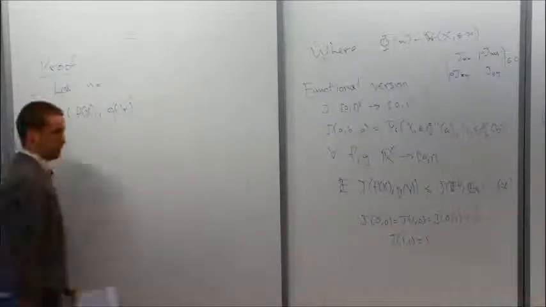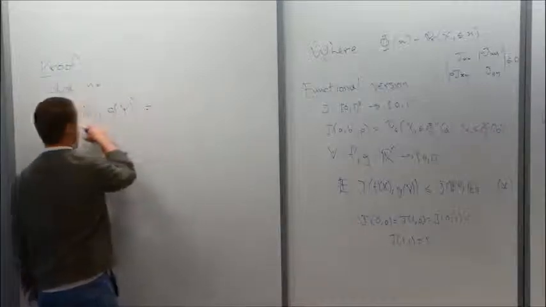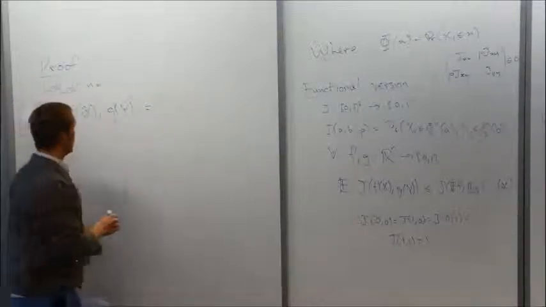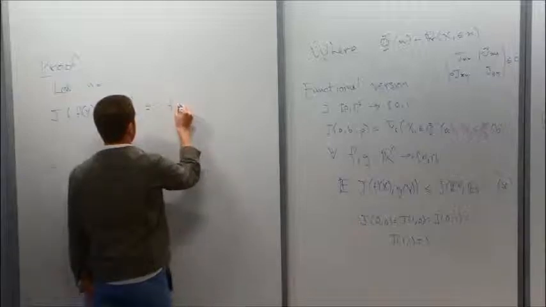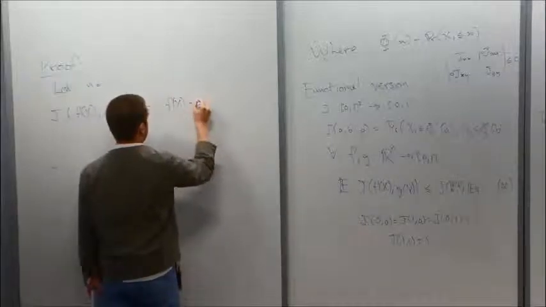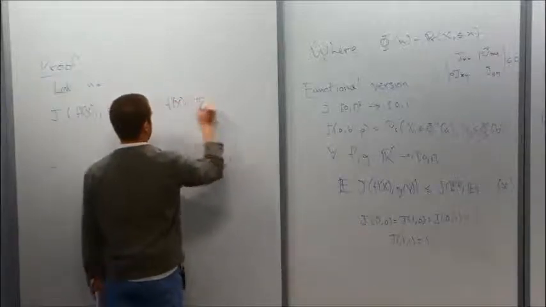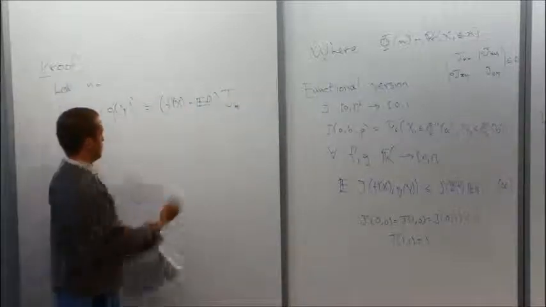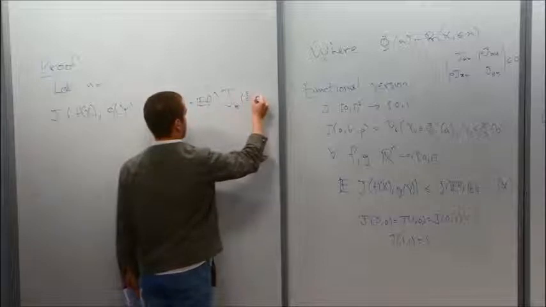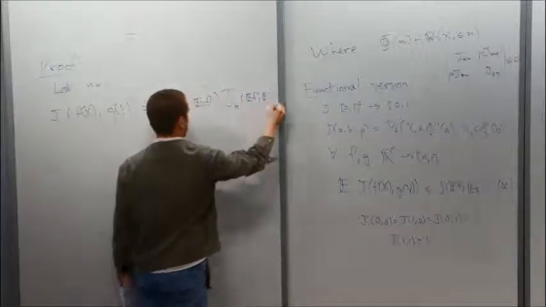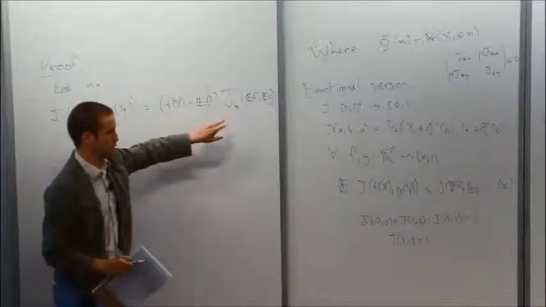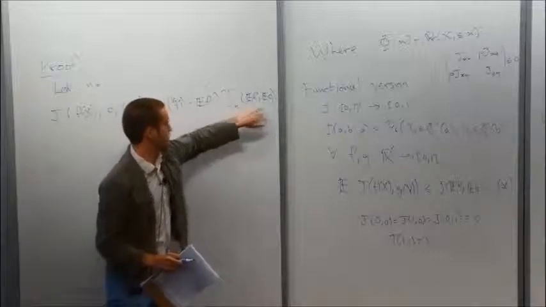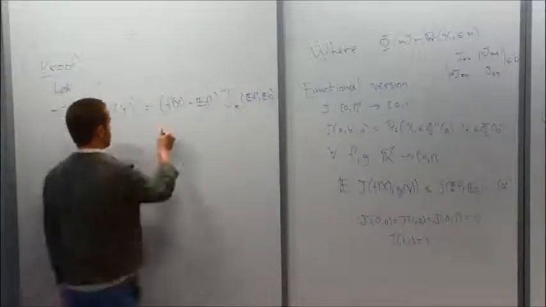I'm going to Taylor expand it around the expectation of f and the expectation of g. So there's a first order term. It's the difference in the first variable times the first derivative at the point that I'm Taylor expanding around, and